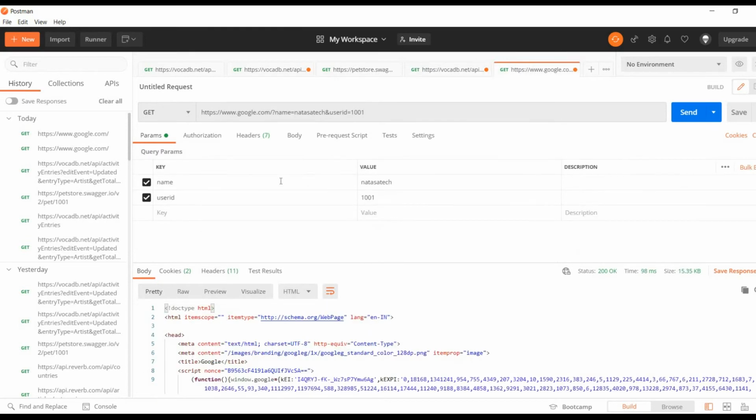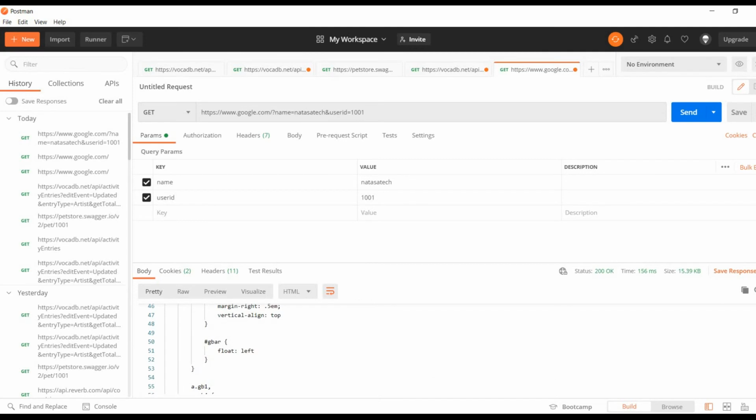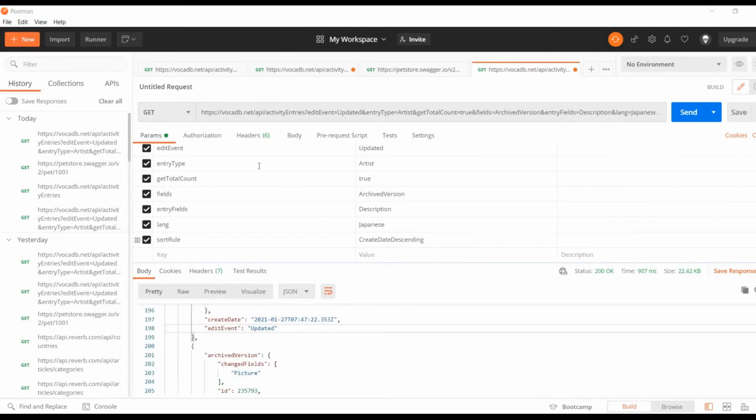Okay, I just showed you a simple example. I just read this URL. See, based on this data, we get the details here. Now I am going to test the same URL in Swagger UI. There we have to test whether we get the same response or not.